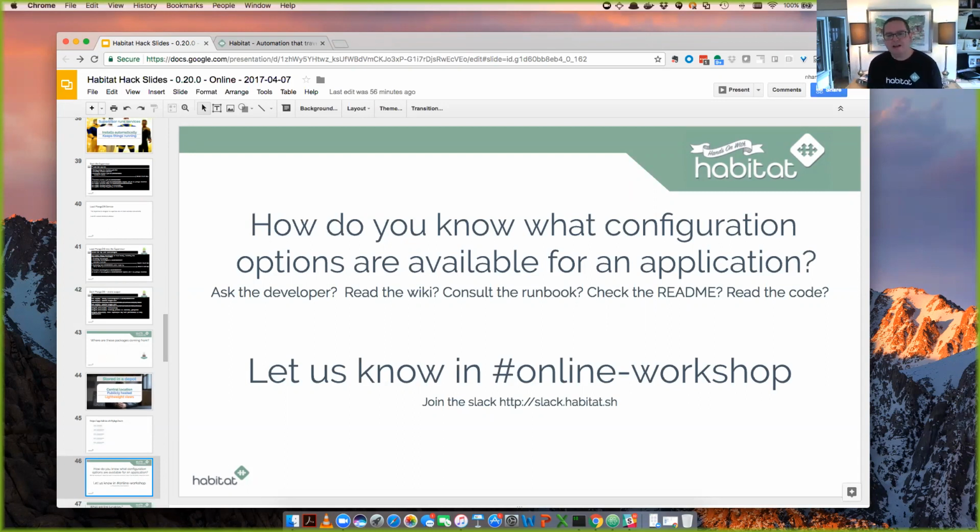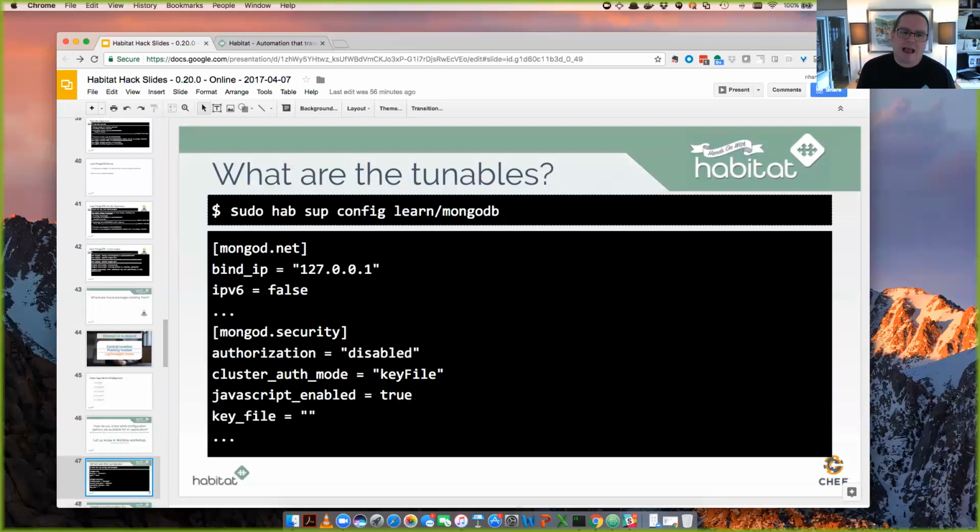But with Habitat, we recognize that this can be a challenge. And we want to make sure that when you're operating your applications, you have all of the necessary detail, all of the data that you need. So Habitat actually has a way to tell us for a package what the tunables are, or what configuration options are available. So in the window that is not the running supervisor, but in your other window, I'd like you to go ahead and run this command, sudo hab sup config